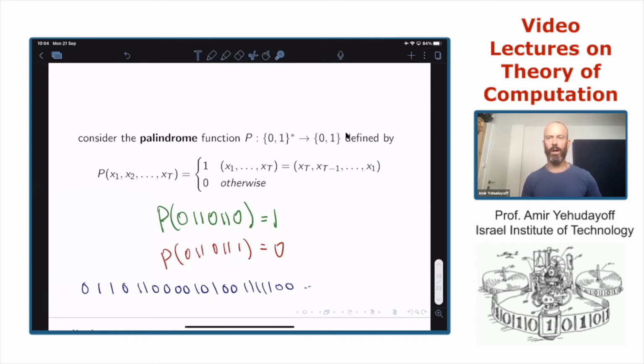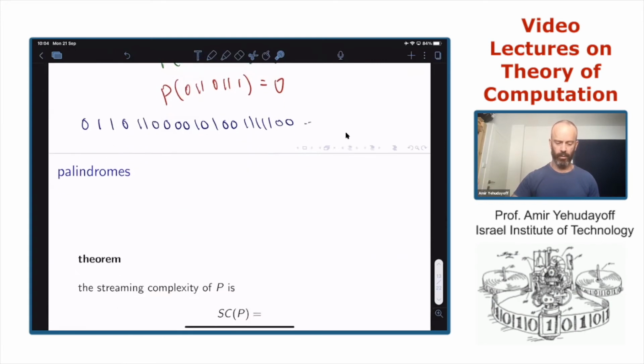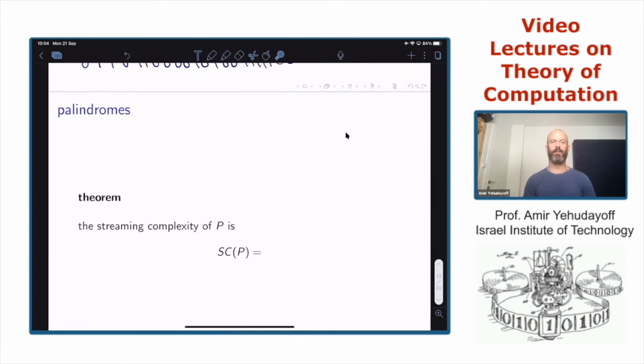So what do we need to keep in mind? What does the algorithm need to keep in its memory in order to compute this function? And the way we can make your thoughts into a theorem: the theorem I want you to think about for a few seconds is, what is the streaming complexity of this function?